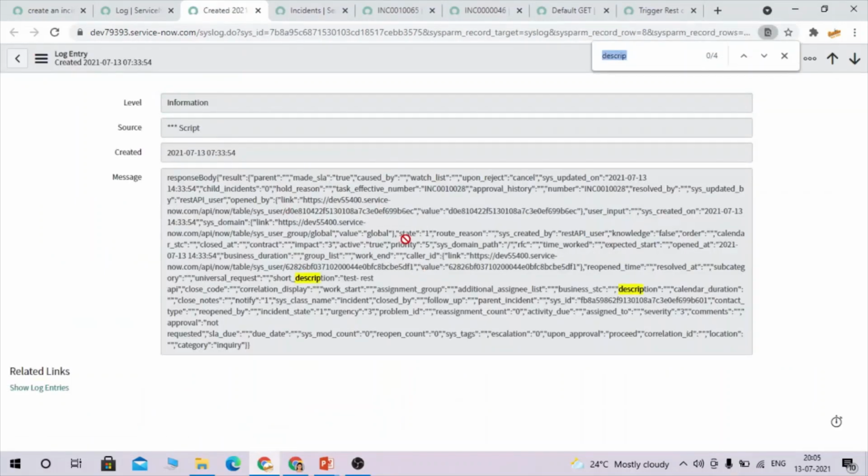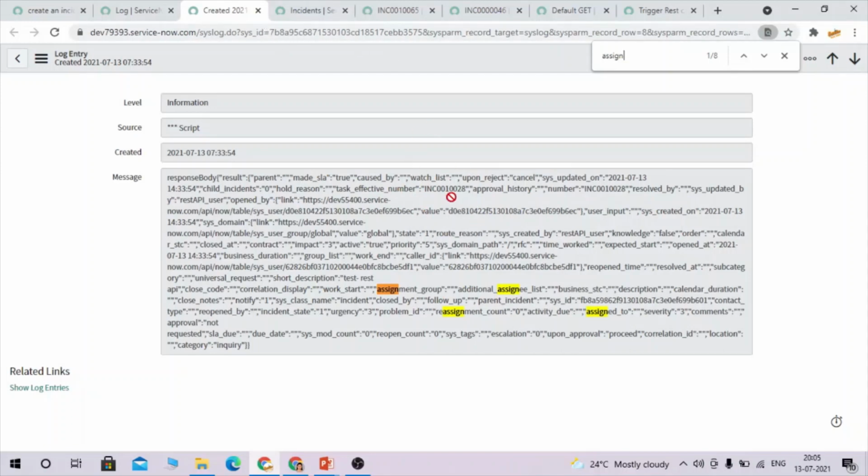If I find for short description, see here short description has been passed. If I go for caller ID, we could see this is a reference field, so a link has been passed. If you go for description it is blank, maybe the backend value is incorrect, and assignment group we haven't passed, that's why it's blank, right? So here you can come and verify it also.